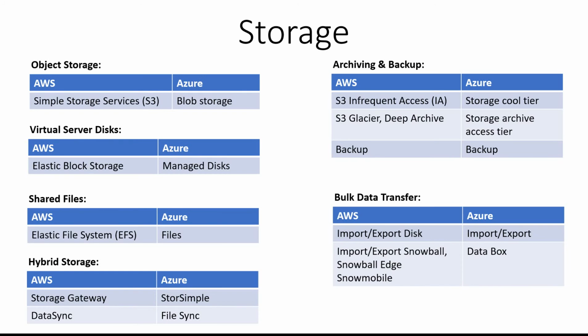So you get a physical data box to your on-premise. Then you will transfer the data to that box or a snowball equivalent, and then you ship that box to the cloud, and the cloud will transfer from the physical box to the cloud. So that is physical data movement on hardware. That is what this bulk data box or snowball family is, right? So that's about the storage aspect.